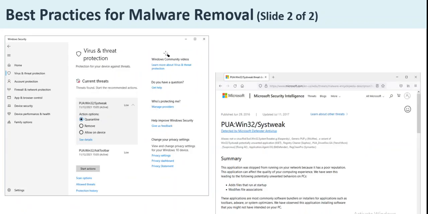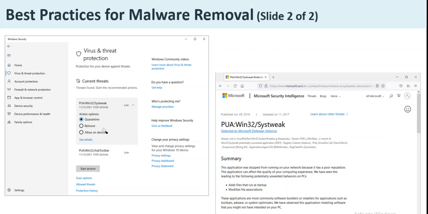So we talked about this, the Windows antivirus software. If you go into the Windows antivirus and you see any red sign over there, it says that threats were found, so take action. Here is a malicious file or software, and then you get the choice. The antivirus software will ask you to either quarantine, remove it, or allow on the device, depending on what it